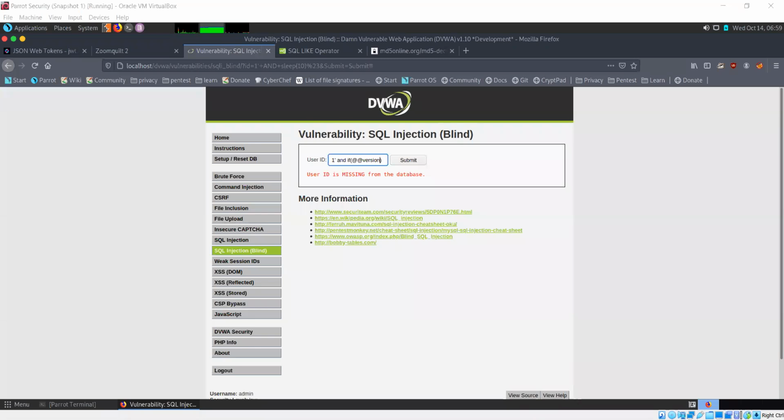So the version variable we are using here, what we are doing with that is we are going to specify a statement now. So if version like, let's say we know that the latest version is 10 point something, so we use like 10 percent sign. So this is the condition. Now if it's true, we want this to be executed.